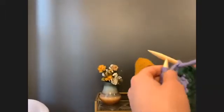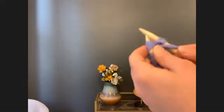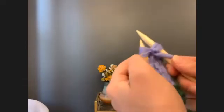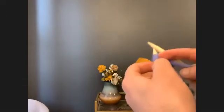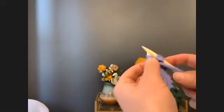So I slip, and now I'm going to purl 2 together. Purl 2 together, nice and normal, but I'm not going to pull them off yet. I'm going to leave these 2 loops on my left needle, because now what I'm going to do is purl